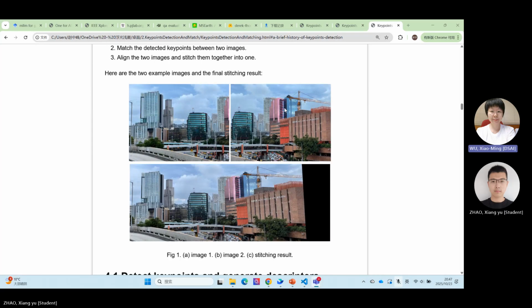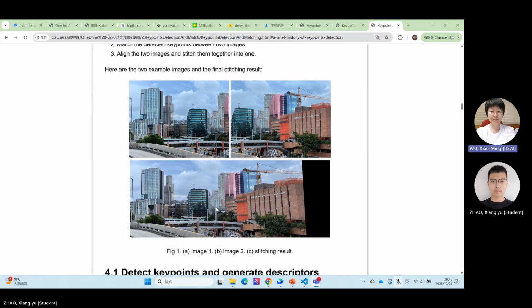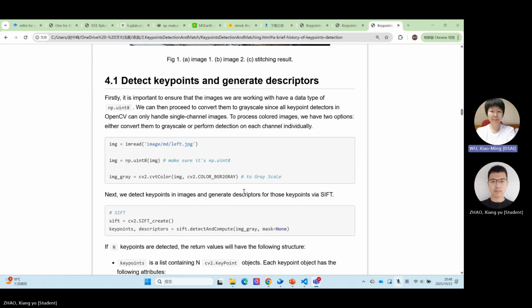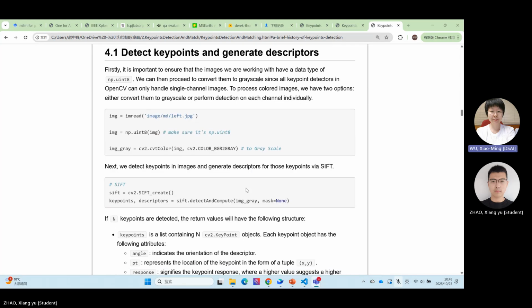Okay, here is an example of the two images. The first image is the left of the whole image, and the second image is the right of the whole image. And by using the SIFT algorithm, we can stitch the two images into a big image, such as the third image. Okay, let's see how to use OpenCV to